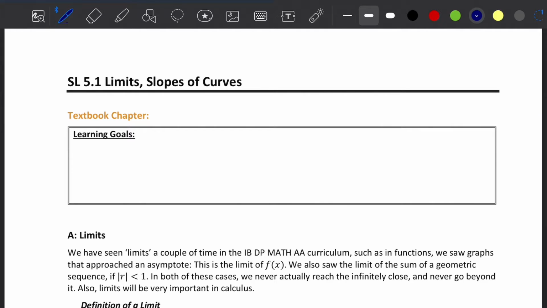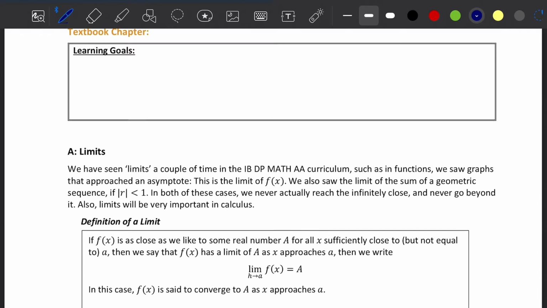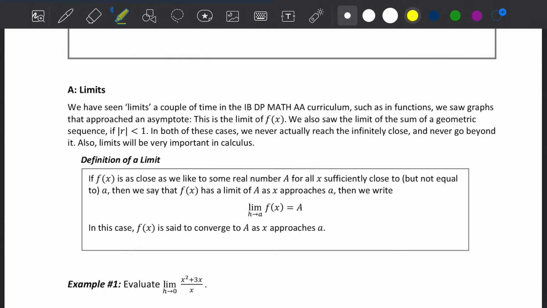SF 5.1 limits, slopes of curves. So limits, we have seen limits a couple of times in the IB Diploma Mathematics AA curriculum. In functions, we saw graphs that approach an asymptote, and this is the limit of the f of x. So what this means, when you have